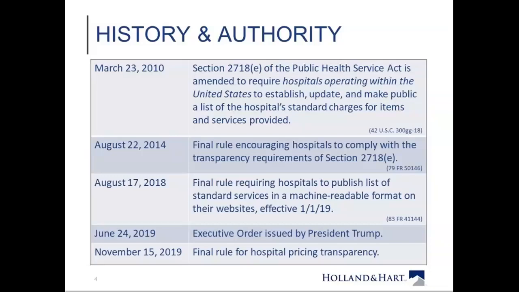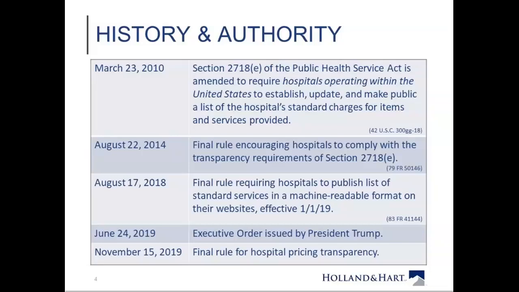So in 2014, CMS issued a final rule, not really requiring compliance, but encouraging hospitals to comply with the transparency requirements of that section. And then fast forward 4 more years, CMS issues a final rule requiring hospitals to publish a list of standard services in a machine-readable format on their websites. This rule became effective in January of this year, but there's still a little bit of a gap, as folks in CMS think this isn't really enough to ensure the transparency that we think is necessary under that Section